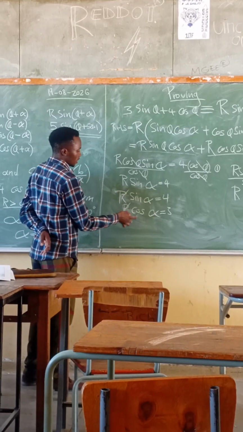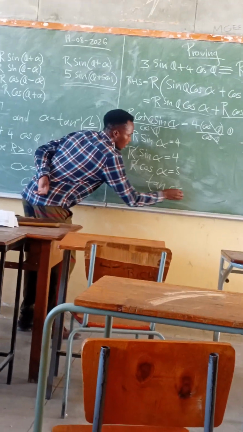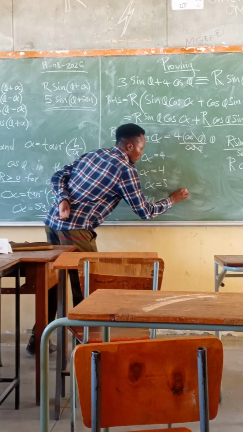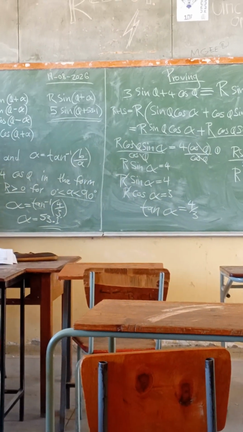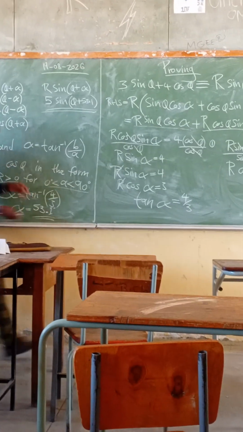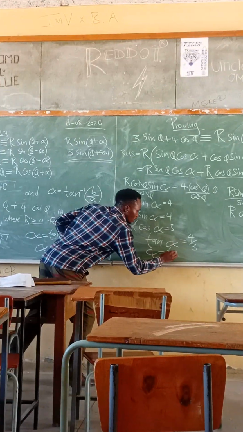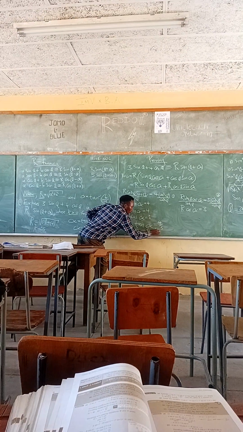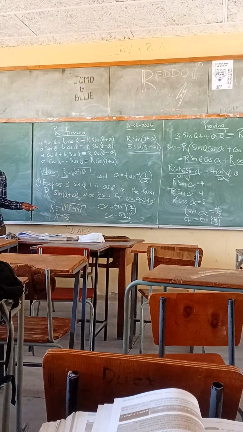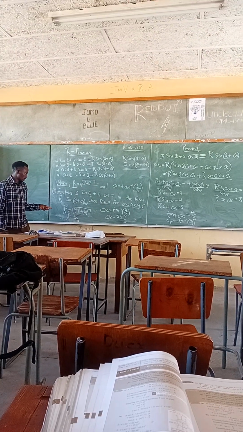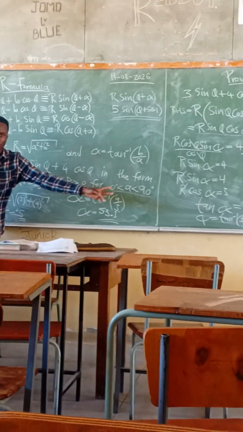Sin divided by cos is tan alpha, which is equal to 4 over 3. So for me to get alpha, I have to take the inverse of tan of 4 over 3, which we got here. So the answer will be